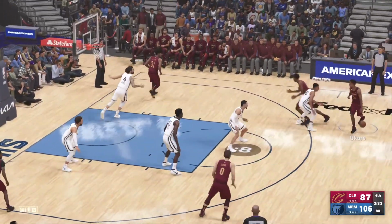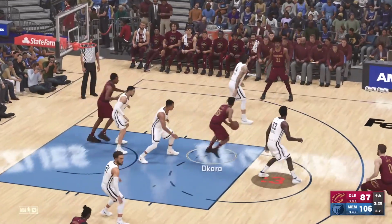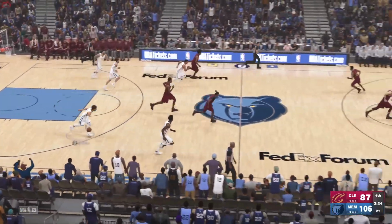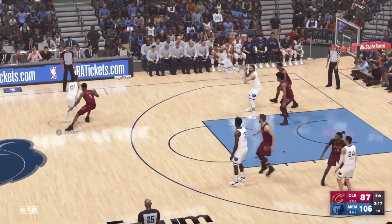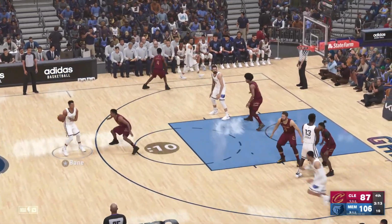Okoro receives a screen, kind of a sloppy screen from Mobley, and then he did cut, but Okoro didn't see him. Now Okoro with a turnaround jumper. That's not his game either. Rebound. The Cavs have gone ice cold. Yeah, maybe, Wendell. Time to put Myles Garrett in there at the power forward. At least he'll use all 6 of his fouls here in the last 3:15